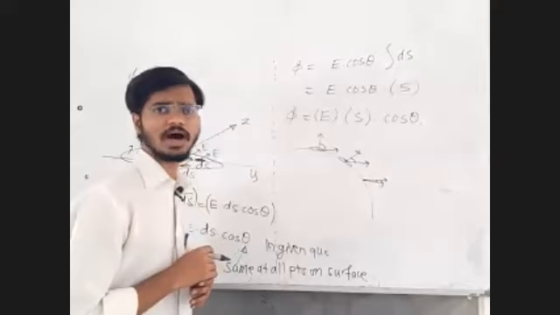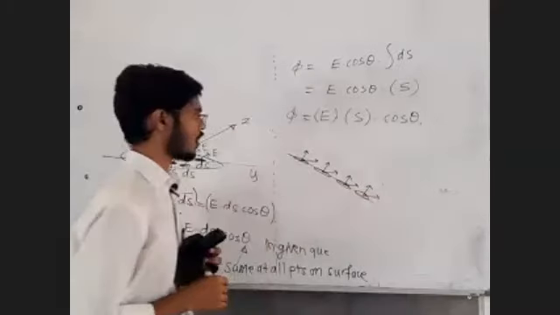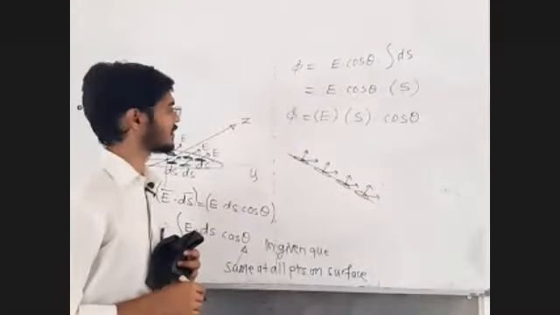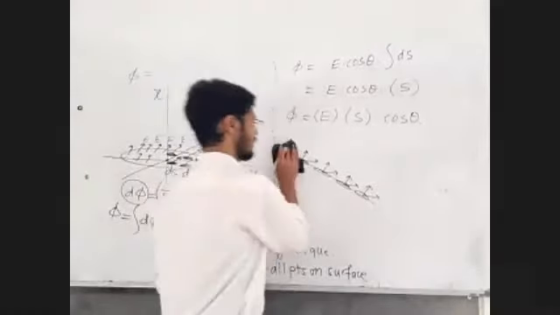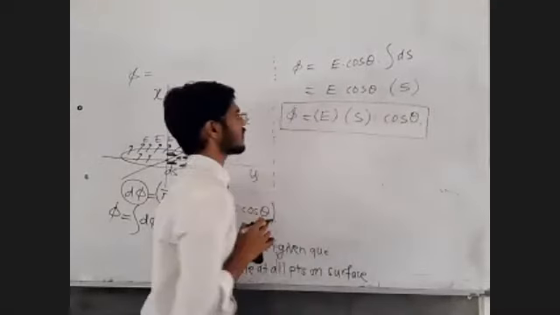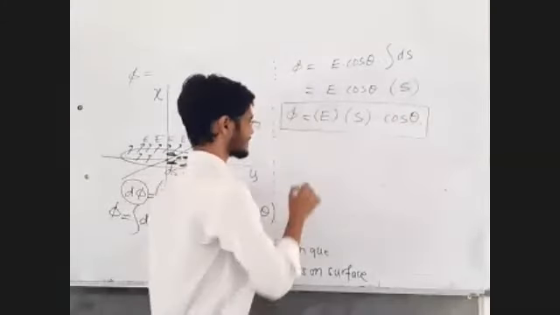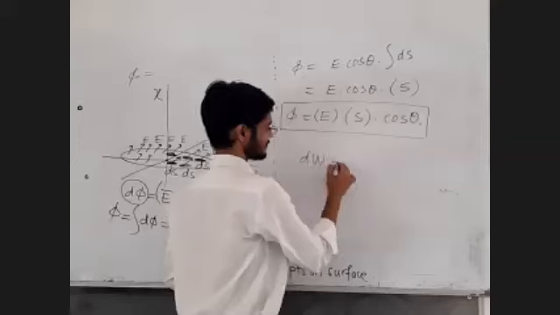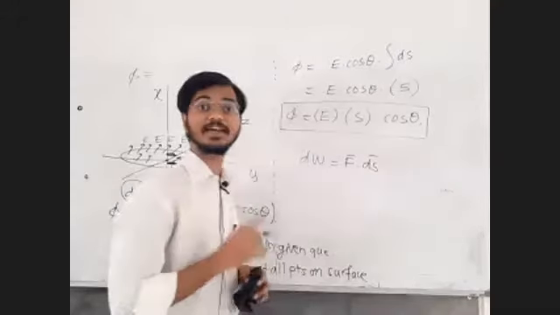In a plane surface, every area vector will point in the same direction. Let's say you are given a uniform field, always rightward. Now you will observe the angle between the field and the area vector is always the same, so you can take that out of the integration. If such a situation is there, then to find the total flux, directly use the formula phi equals E S cos theta. Just like this. The constant.